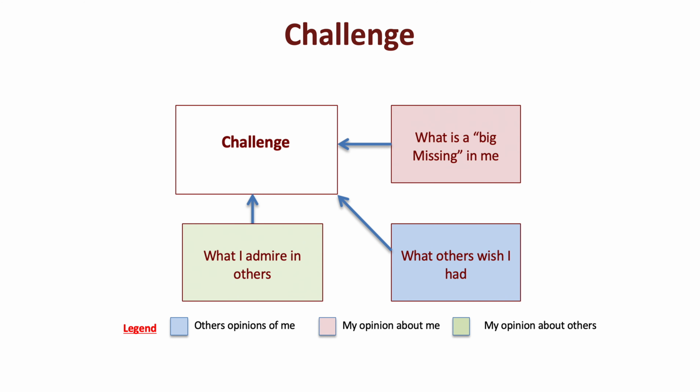What do I need to do to actually make sure neat and tidy stays neat and tidy, stays in perspective, doesn't go over the top? What is it that I need to do? Now, interestingly enough, if we look at that lime green box again, you can see that actually I admire in others. So I've actually seen it somewhere, but I'm not drawing on what I've seen. And the other thing is what others wish I had. So certainly my wife actually wishes that I wasn't so pedantic about these things in particular and meticulous,